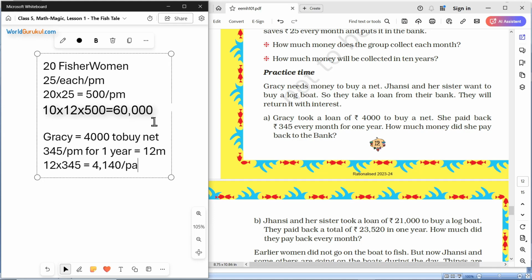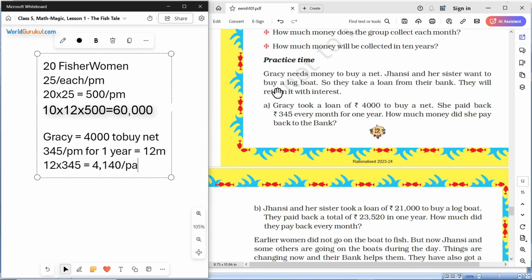This is per annum. So she took 4,000 rupees and she paid back 4140. So this extra, how much was paid? 140 rupees. And this 140 is nothing but the interest for this loan that is given to her,